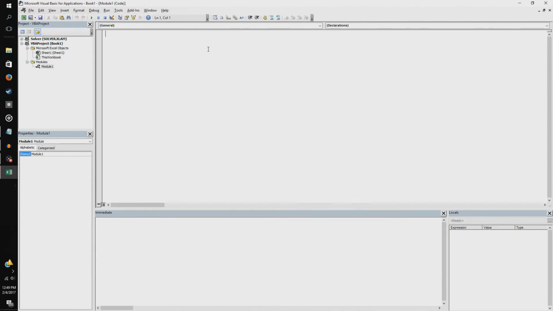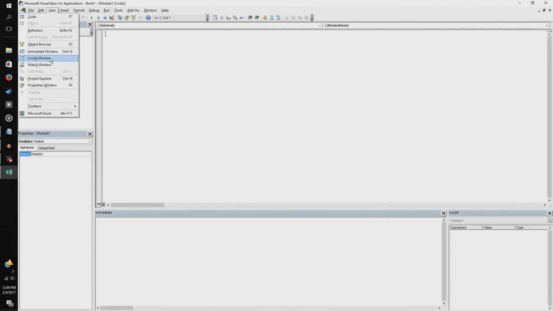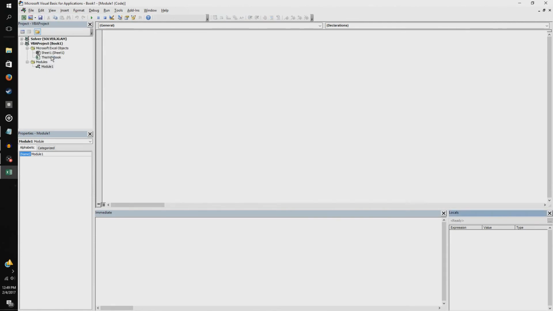So just a couple of general things about the VBA window that you should probably know is this locals window down here. Very useful. If you go to view and hit locals window, it'll pop up. It's not going to do anything for me because I already have it, but I believe by default it's not in there. Get that window, because what it'll do is